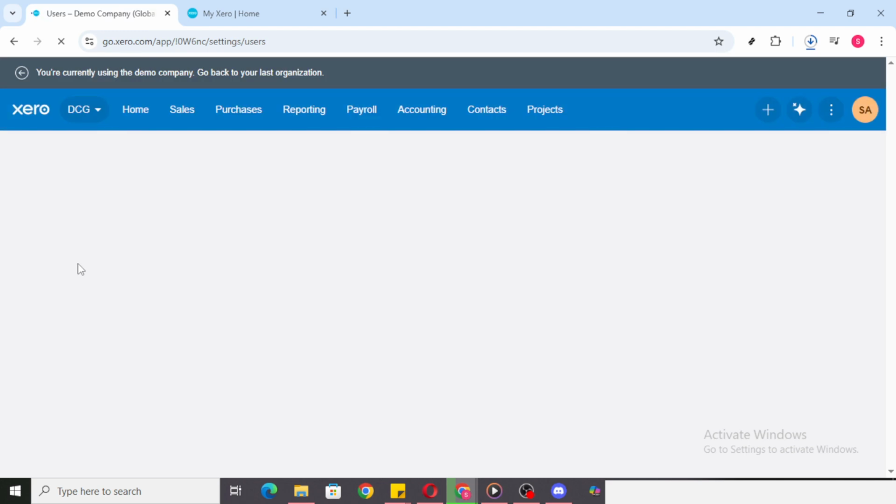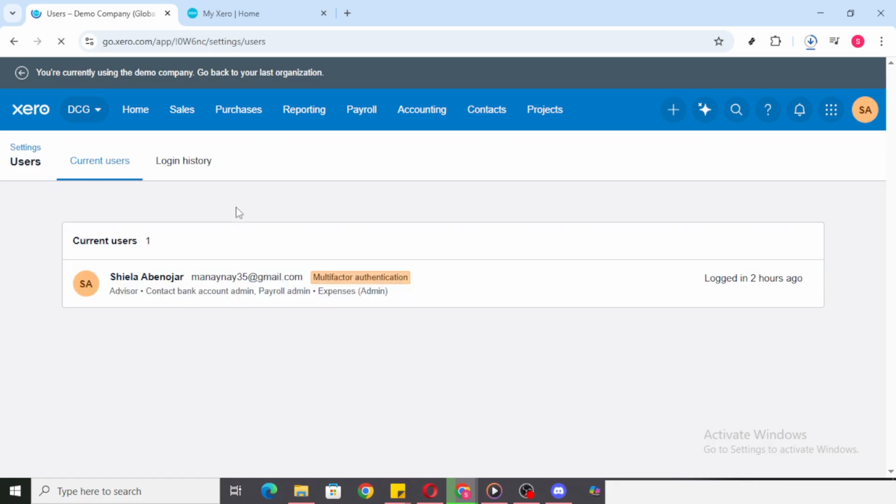Find the specific person whose admin accountant access you want to revoke. Once you've located them, take note of the three dots icon situated right beside their name. This is what you'll need to interact with to proceed with removing their access. Clicking these three dots will bring up a small menu that gives you the option to delete the user's access